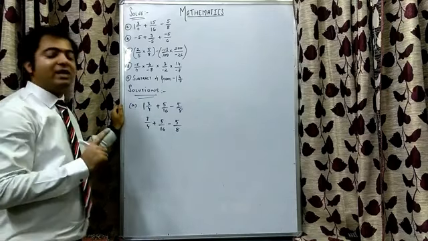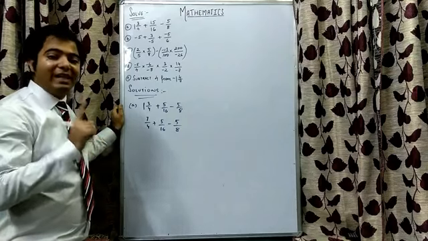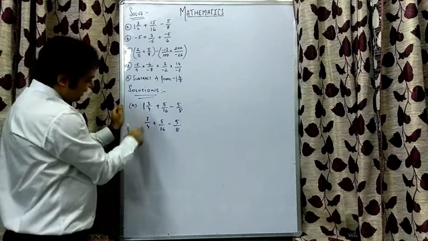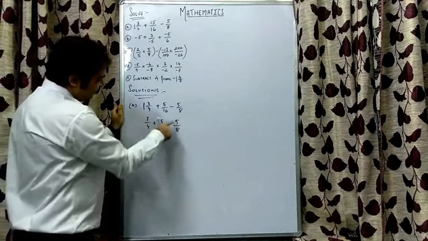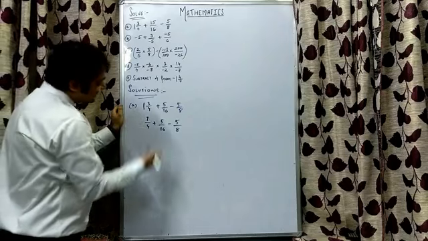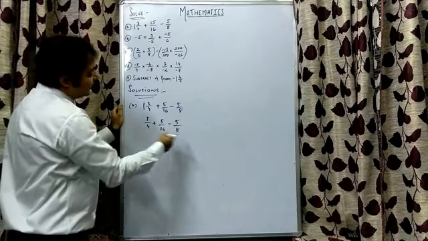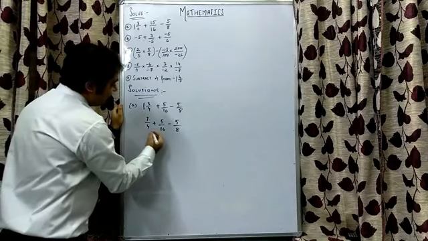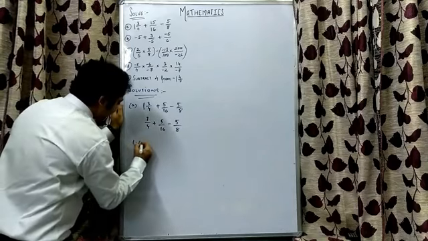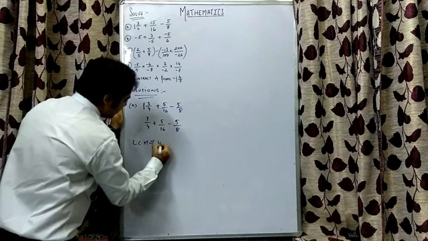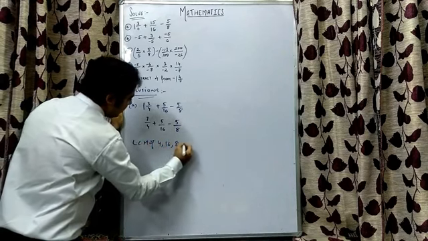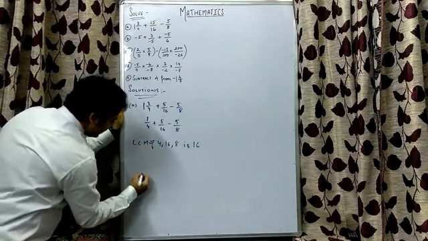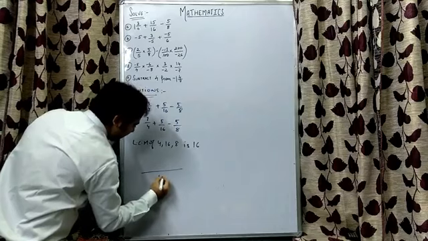Second thing, for addition and subtraction, we need to have like rational numbers, right? So in standard form, first term is in standard form, yes. Second is in standard form, third is also in standard form. So now the next step is, we'll see that these all should be in like rational number form. So LCM of 4, 16 and 8 is 16 itself. So we'll take the LCM as 16, right?